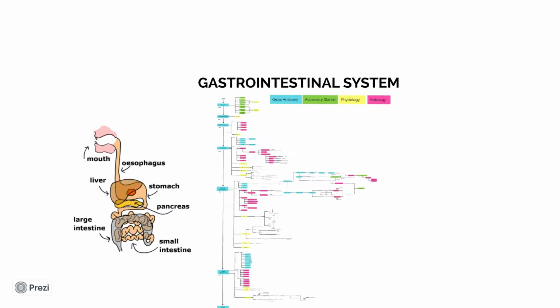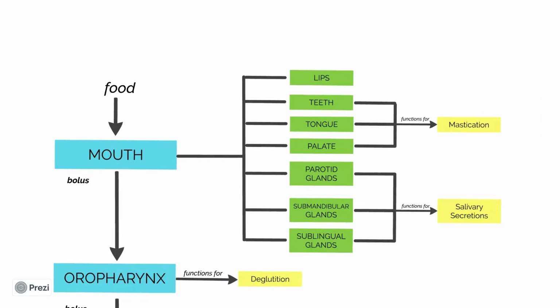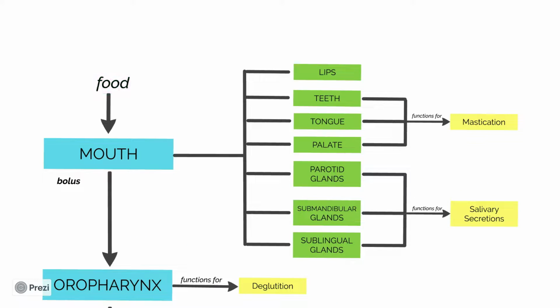The gastrointestinal system. The human digestive system starts as the food enters the mouth. The mouth consists of several structures that perform the first step of digestion: the teeth, tongue, and palate, which help with the mechanical digestion of food, dividing the food into several hundred pieces. This serves two important purposes. It makes swallowing of the food much easier, and it increases the surface area of the food, making the action